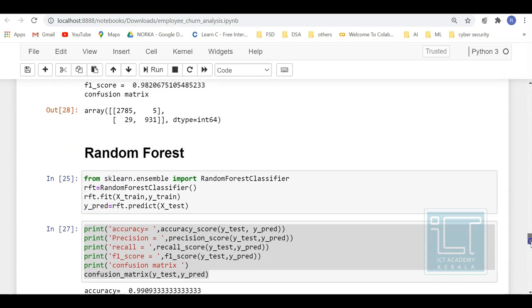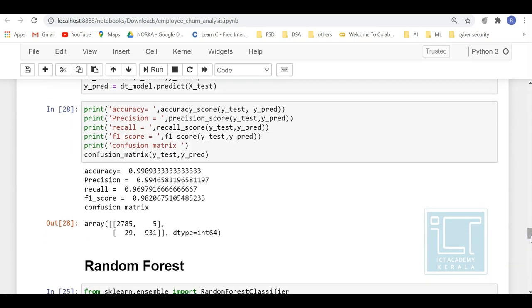So out of this, I can go with either random forest or decision tree, and you can do hypertuning on that to select the most favorable model for this data set. I have shown you how you can do the hypertuning in one algorithm, logistic regression. You can apply this hypertuning technique to other algorithms as well and see whether your model accuracy changes. You can practice it by yourself. So that's all about building a model with the help of supervised learning algorithms.